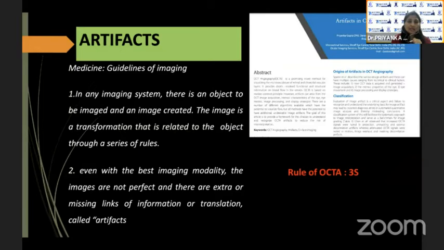So let's come to the artifacts. Even with the best imaging modality, the images are not always perfect, and there are always extra missing links, which are called artifacts. And what is the rule of imaging? In an imaging system, there is an object to be imaged and an image to be created. The image is a transformation. And what is the role of the OCTA? OCTA means you sit on the machine, you see where is the area of interest, and then you do the accurate